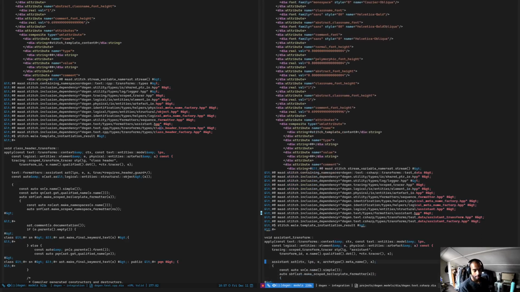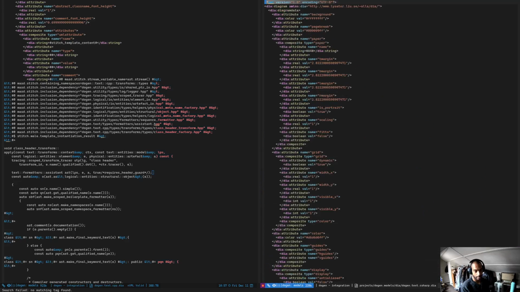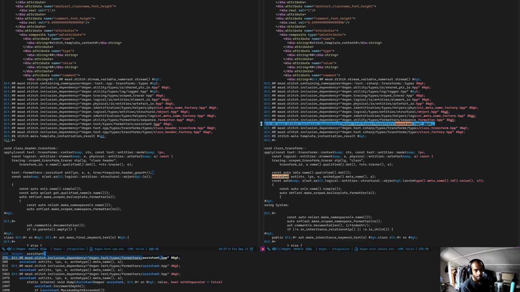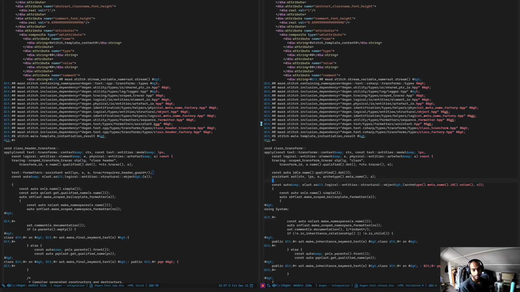Now here you can see how we were creating the assistants in the past, and here you can see how we create the assistant these days. So let's just do a quick comparison between the two, and to be honest, we probably want to go to the very first entry here. There's not many of these in C#, so we can probably get away with doing this by hand if I'm honest, but